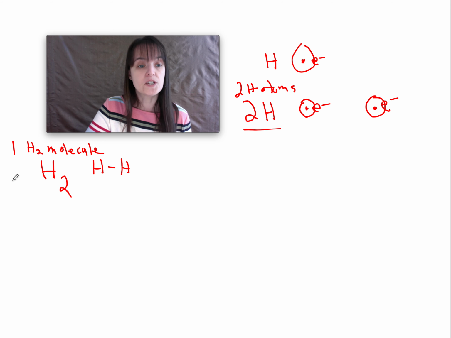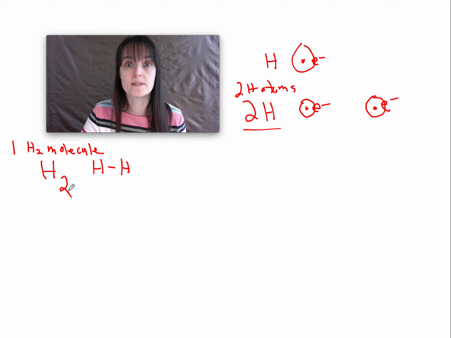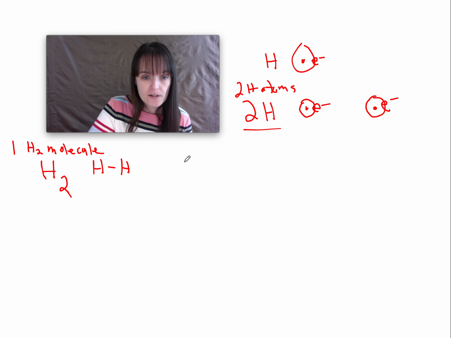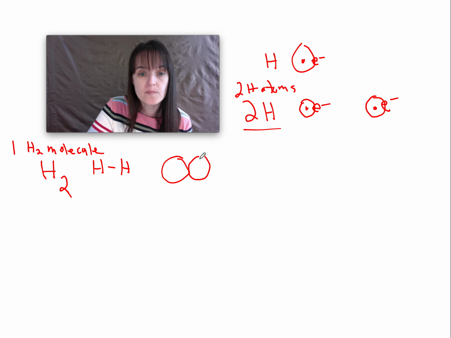So 2H and H subscript 2 are completely different things that you need to know the difference. Okay, and so we draw this, and this is a covalent bond, and in a covalent bond, they share the electrons,